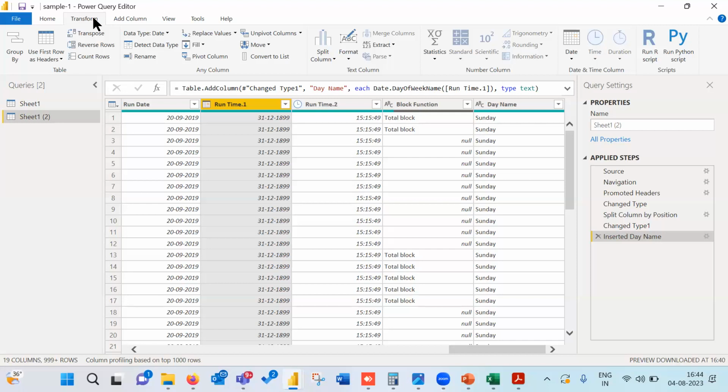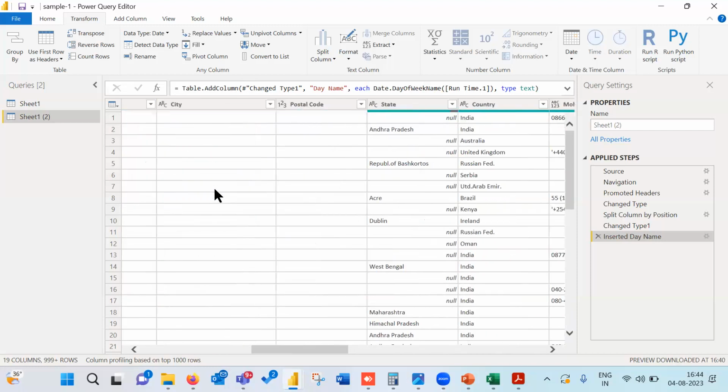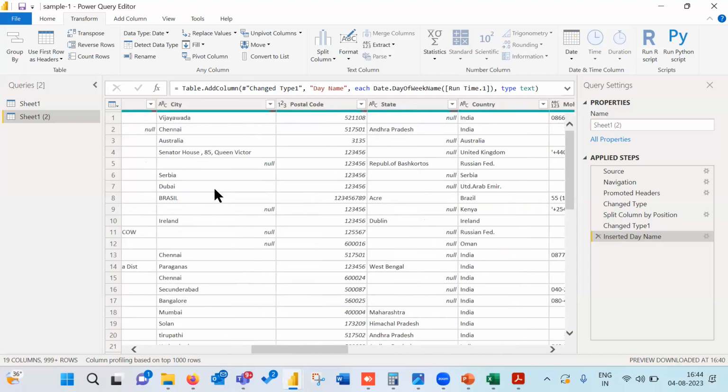So through the menu itself, we'll be able to do a lot of functions and ease our work. Okay. So like this, from Power Query, we can do base data preparation. First connecting to the data source and base data preparation. Okay. So those two we can now do through the Power Query editor.